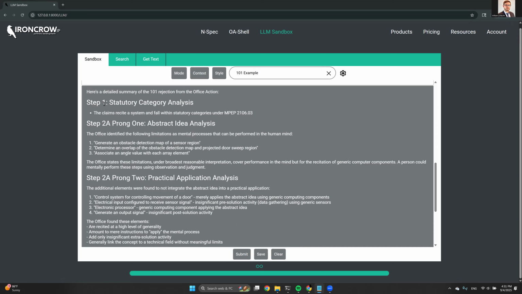Basically, it's going to look at the classic evaluation procedure from step one, step 2A, prong one, step 2A, prong two. So essentially, yeah, it does fall under one of the statutory categories. The office has identified that it does recite limitations which can be construed as mental processes that can be performed in the human mind, and then recites which specific limitations the examiner is asserting amount to simply mental processes,